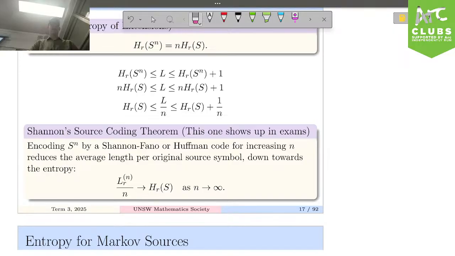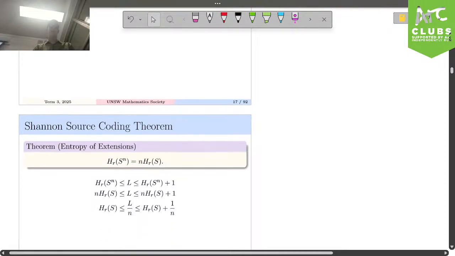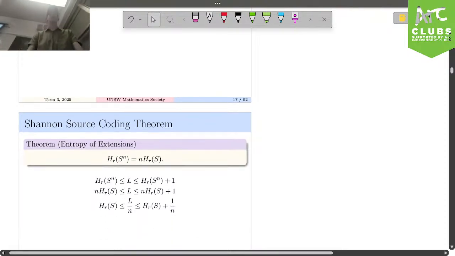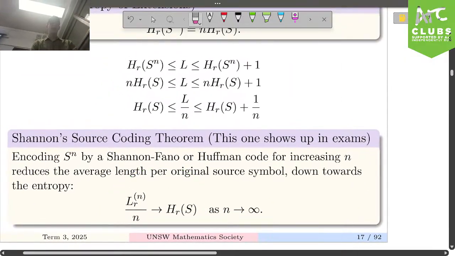So the importance of this is saying that, again, the entropy is our lower bound. When we do that technique of trying to encode more and more at once through using our entropy extensions, trying to combine words together, then if we do that enough times, we absorb all the information, which hopefully makes intuitive sense as to why. That means that eventually we get arbitrarily close to the entropy itself.